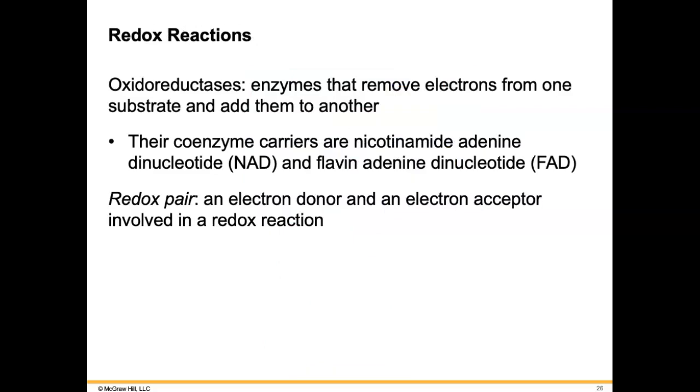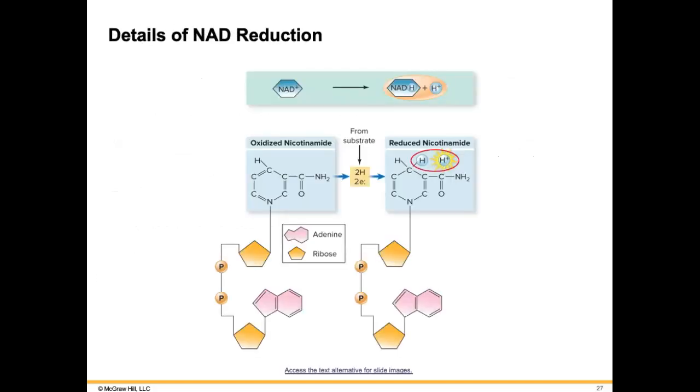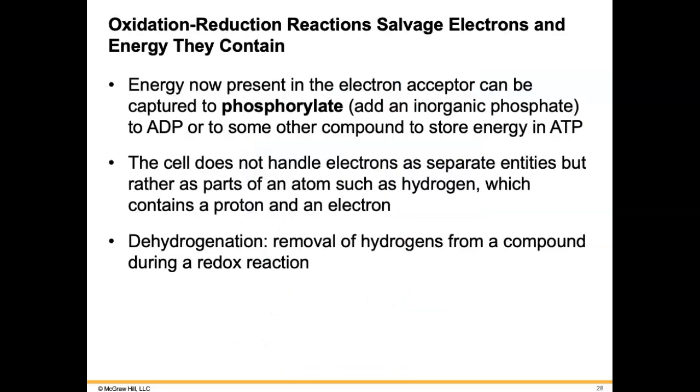And by the way, we're going to talk more about NADH and FADH later, but where they come from is their coenzyme carriers are nicotinamide adenine dinucleotide, mouthful, and flavin adenine dinucleotide. So NAD and FAD are both neutral. So these are carriers that are going to be involved in reactions later. So we're just introducing you to these guys right now. So I don't care about this, so you can skip right over that.